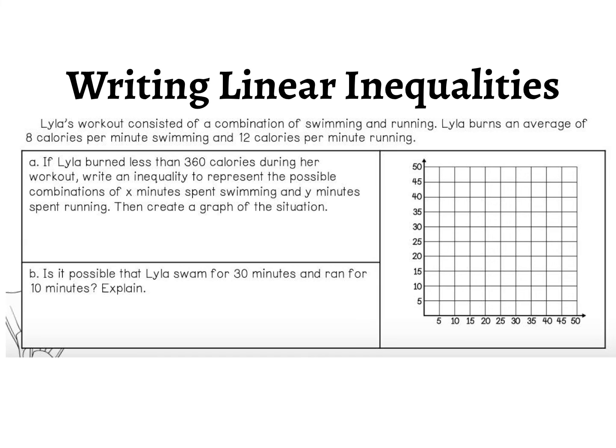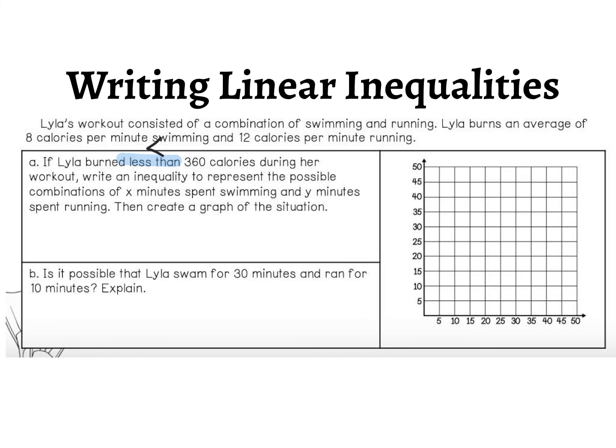So, let's highlight my keywords here. The keyword here is that she burned less than 360 calories in her workout. Less than is a symbol representation of literally less than. So we're looking at something that's less than